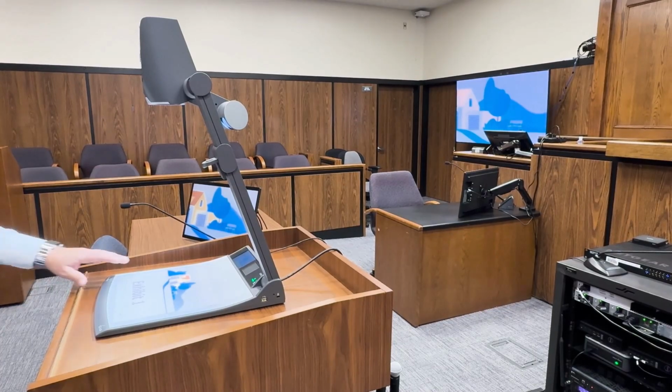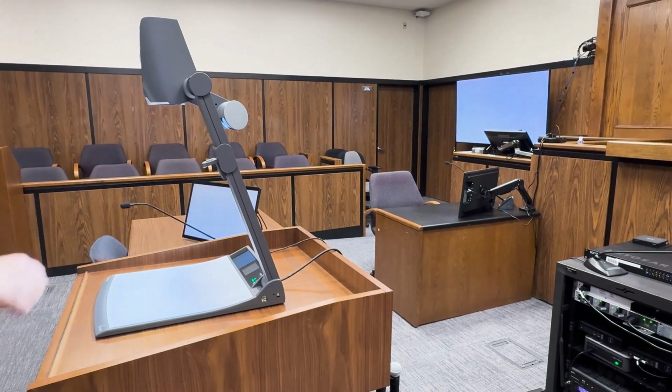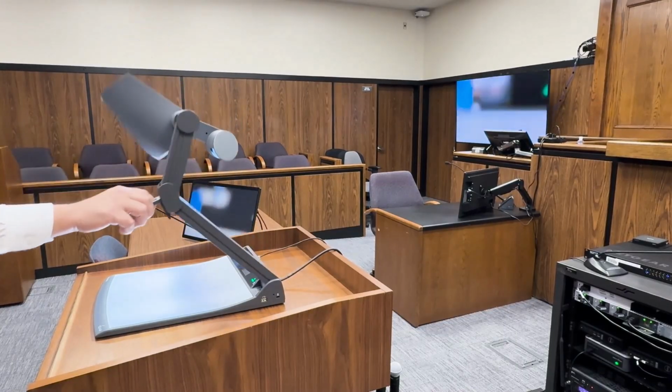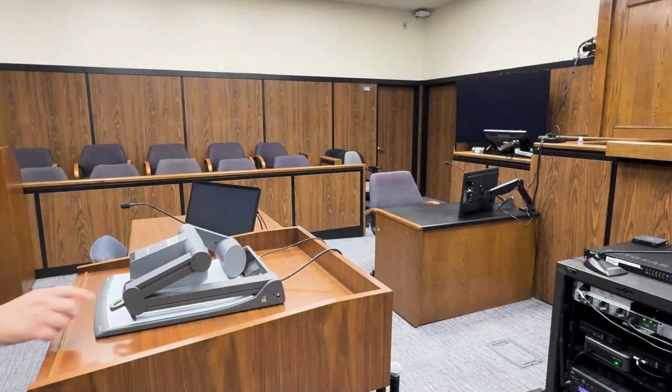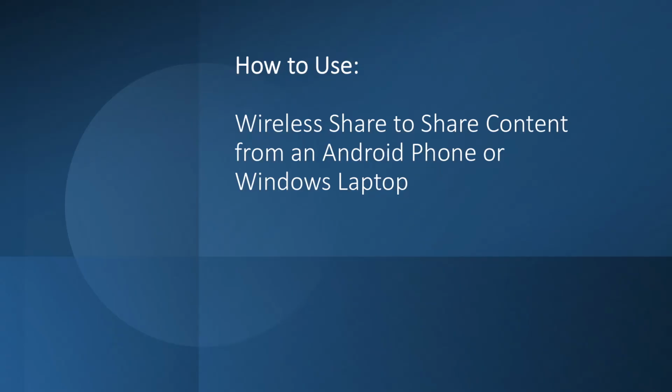To close the document camera, remove the document you shared from the surface. Pull the document camera ring gently downward. It will power off. We will now show you how to wirelessly connect various devices, including an Android phone, laptop,